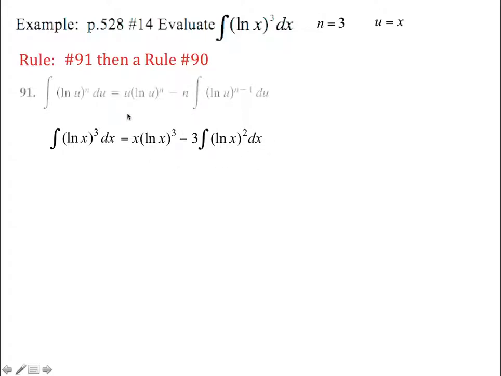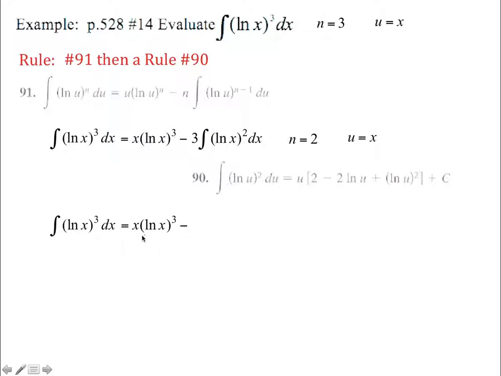If you notice, this setup is u times v minus the integral of v du, if we did integration by parts. So we could do an integration by parts here, but integration by parts is just rule 90. So we're going to use that here. Rule 90 looks like this. We know then we have an n of 2 and a u of x. We're going to plug that in, starting from the beginning. From rule 91, we got this part, x ln x cubed, minus,